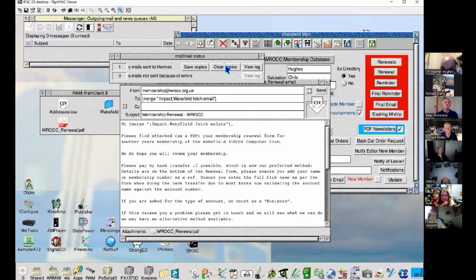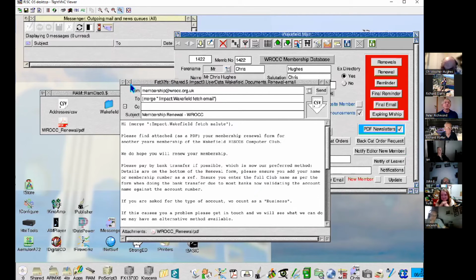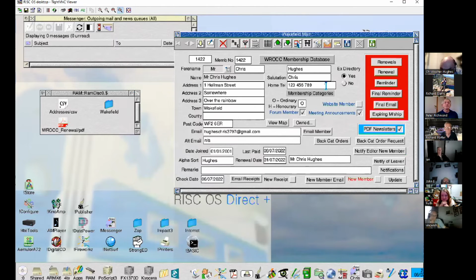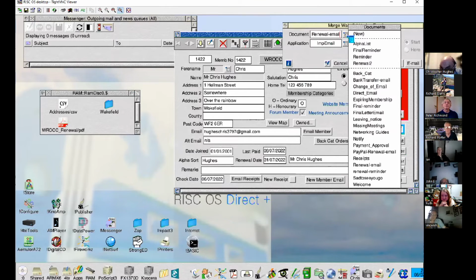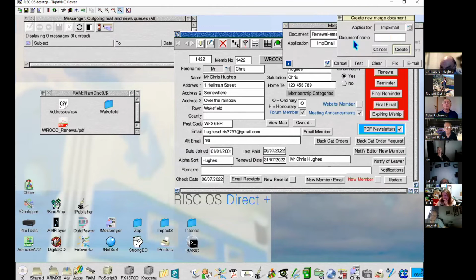Again, it's saved the copy. I'll clear the copy now. Okay, so supposing I want to create a new one. Well, go to that, and at the top is new. So you can either set a new email or you can set Ovation Pro. Let's stick with email, and I'll call it